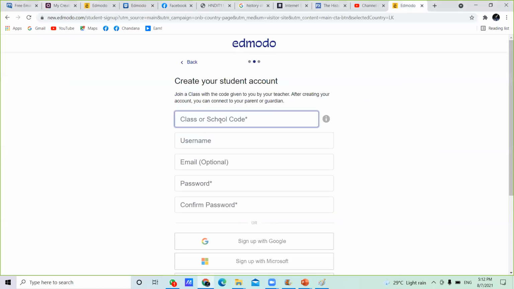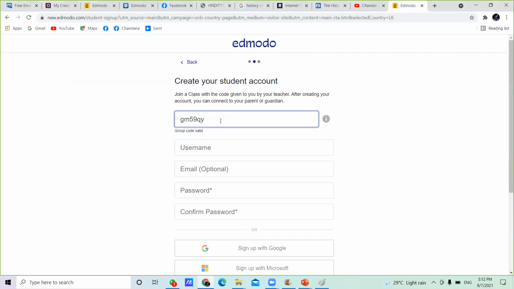Then I am going to type this class code here. Once you give the class code, just below this box, they give the message "group code valid." If you give it correctly, this particular message is displayed. If it is correct, then you can move to the next part, username.